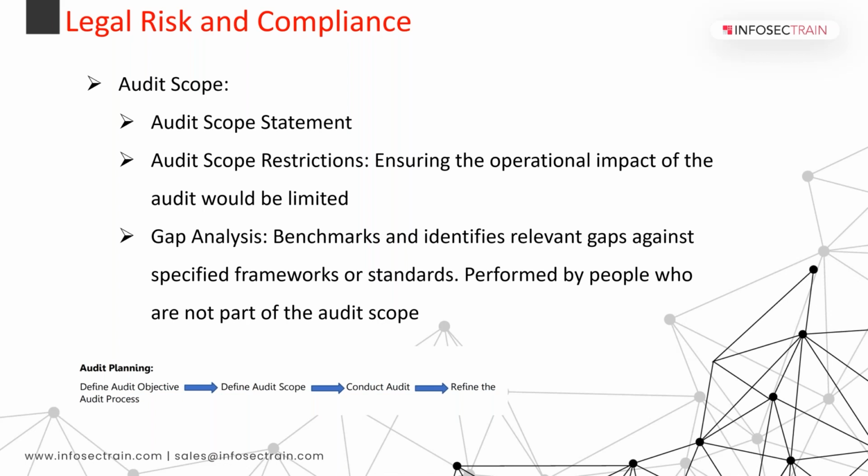If you have the Cloud Security Alliance document version 4, you can go in detail and understand the scope of the audit. When the scope is defined, it is very important that you have a proper plan to execute the audit, and in that planning you should make sure that it clearly defines the audit objectives, follows the defined audit scope, the actual audits are conducted as per the steps defined, and the reports are generated.